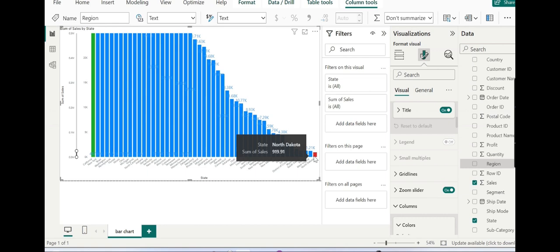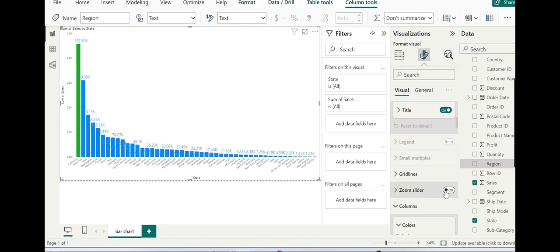So if you would like to highlight or view a particular section of your visualization, you simply add a zoom slider to your visualization and use it to view the data in detail. When we click the zoom slider on, we see the zoom slider appear next to the y-axis. And using the zoom slider on the visualization, we are able to see the shortest bar, North Dakota. And we can confirm that the color is indeed red. As an aside, please remember that in addition to a zoom slider, which we can now turn off,